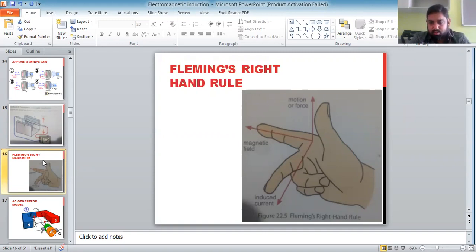What I use for Fleming's left hand and right hand rule is, first of all, the left hand rule is for motor action, and Fleming's right hand rule is for generator action. And then the three components are FBI: force, magnetic field, current. I use the symbol B for magnetic field. So F is force, B is magnetic field, and I is current. So we can use this for generator action.